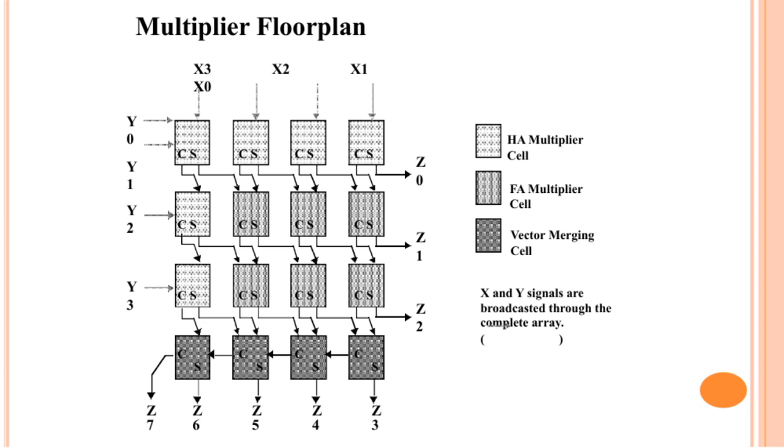The vector merging cells play a crucial role in combining intermediate results as we move through the stages. On the output side, signals Z0 through Z7 represent the final product bits after all summations and carry propagations within the array. This layout helps us understand how the multiplier efficiently processes inputs in parallel, achieving fast and accurate multiplication